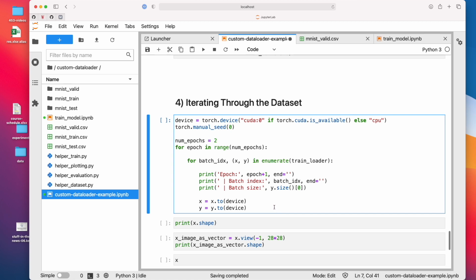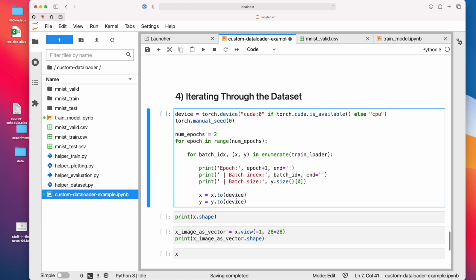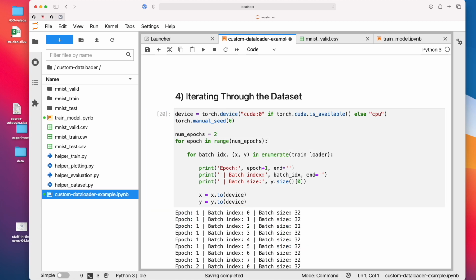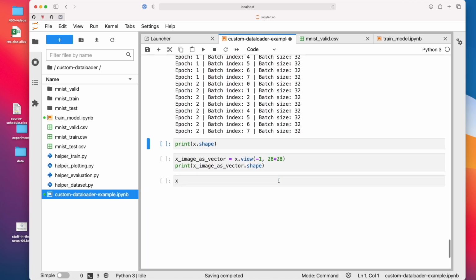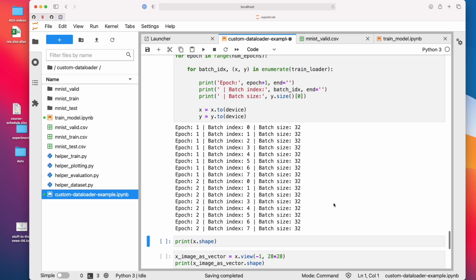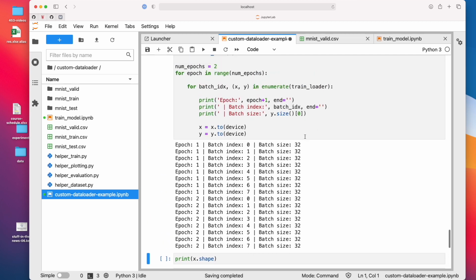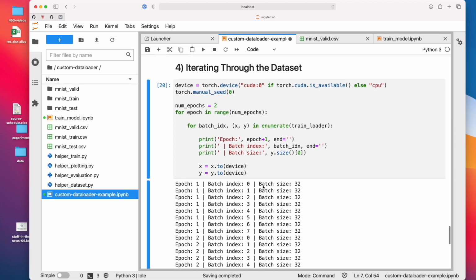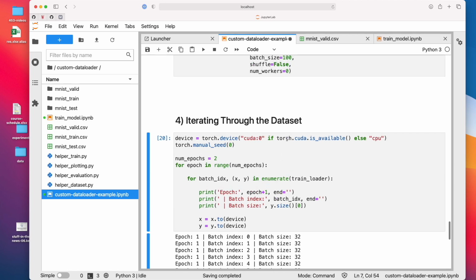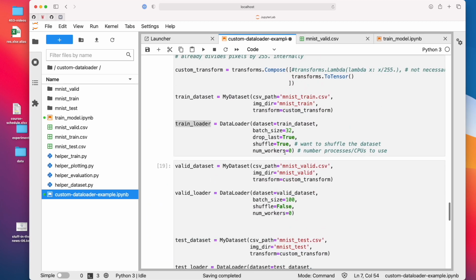We have used the built-in MNIST dataset. Here I'm transferring it to the device. So the device, if you have a GPU, it will be the first GPU. Otherwise, it will be the CPU. So it will just iterate. See? So it just gives a batch size. So it will create 1, 2, 3, 4, 5, 6, 7, 8 mini batches. And that is it. Let me change this to 1 and see what happens.